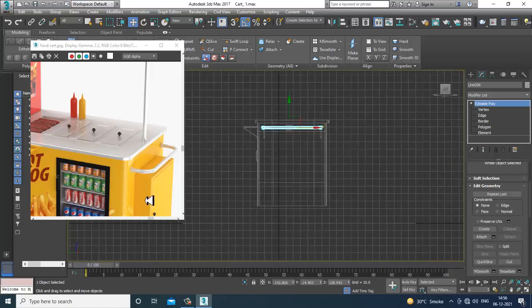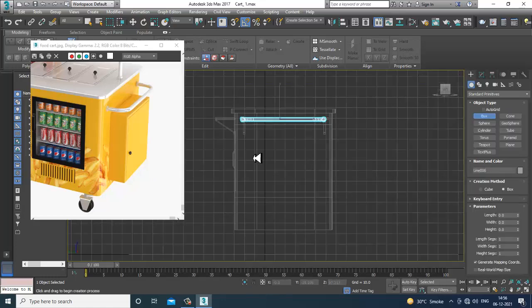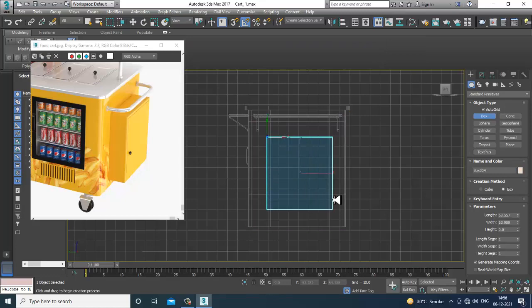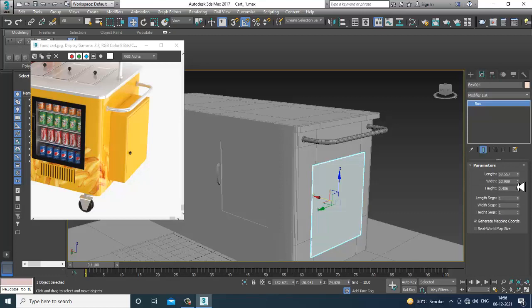Again go over here, let's take again a box over here. I'll activate this auto grid. Increase its height a bit.